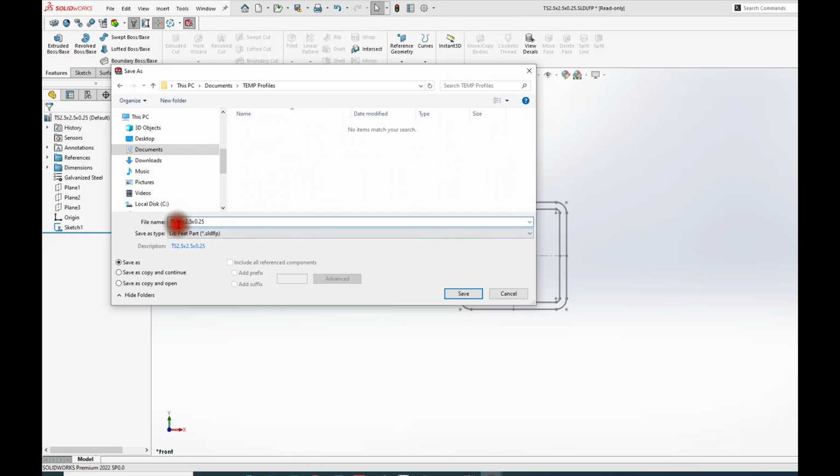Instead of TS, we're gonna call it DS. I'm gonna call that profile TS1 by 1